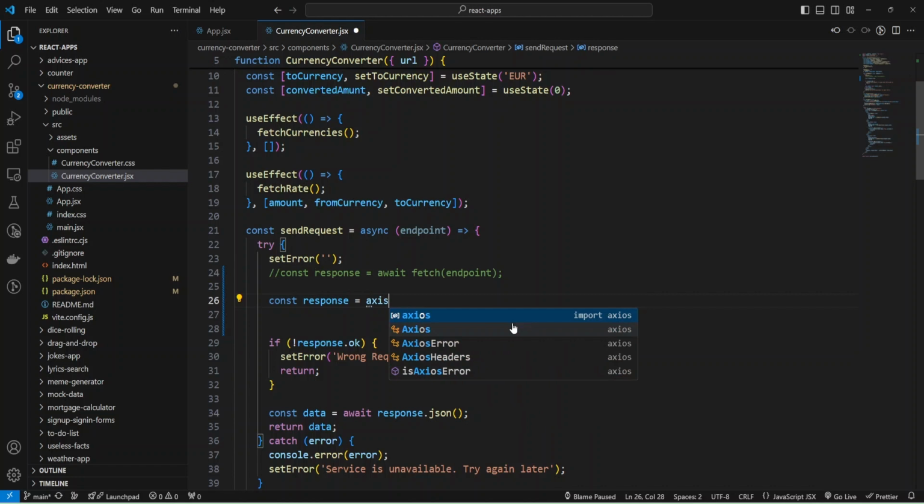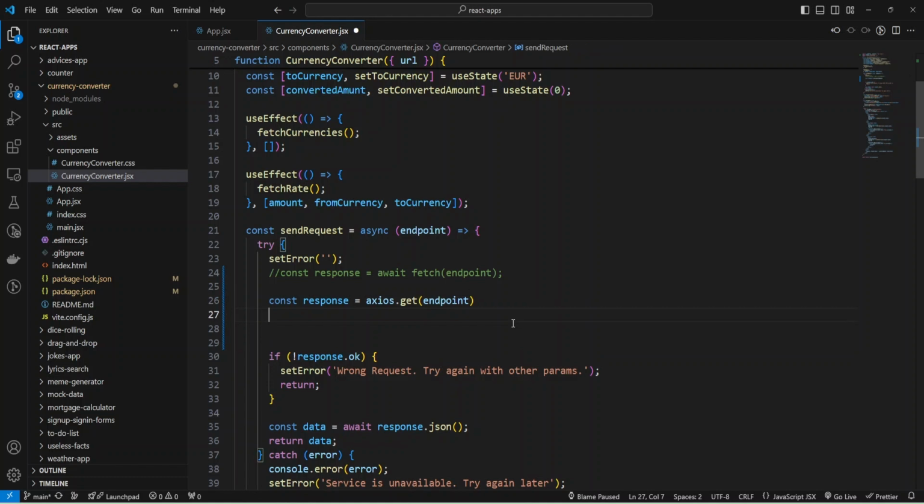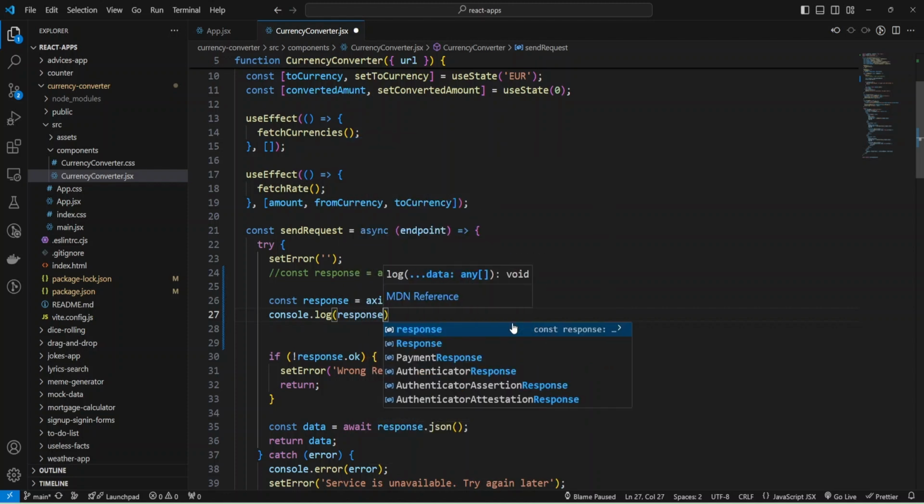And I can use Axios and provide the get method and provide my endpoint, and I can make console log response.